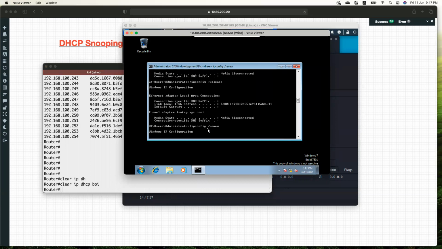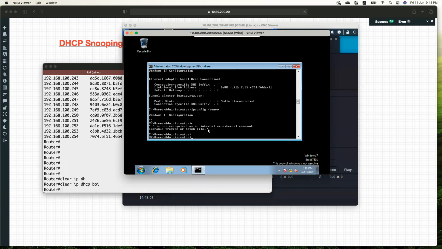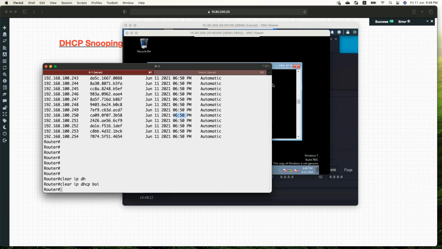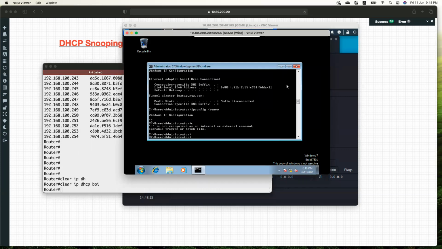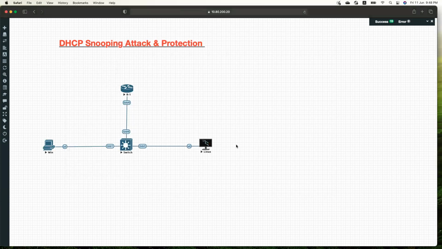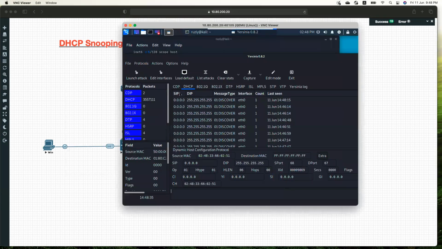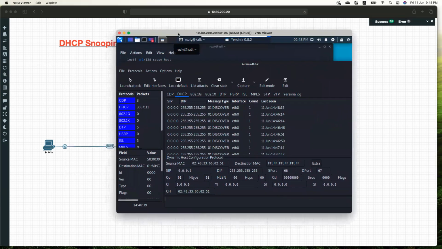Okay guys, so this is the DHCP starvation attack. So we are going to discuss now how we can protect our network environment from this kind of attack. Now I just forgot one more thing actually. I'm going to show you how this attacker is going to turn his machine into a DHCP server. Currently my legitimate DHCP server is not able to offer any IP because